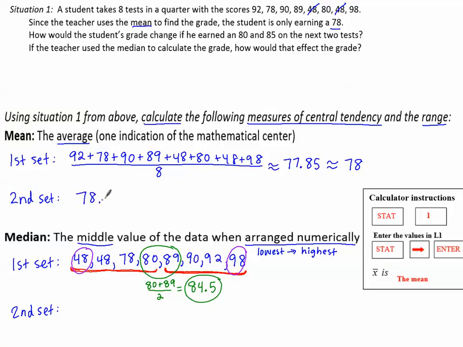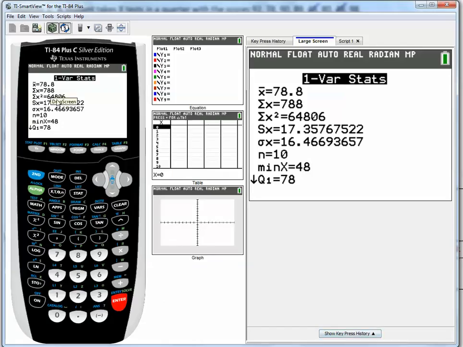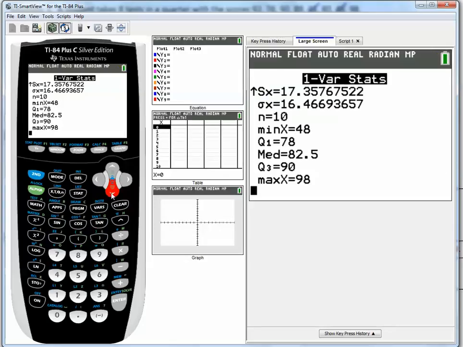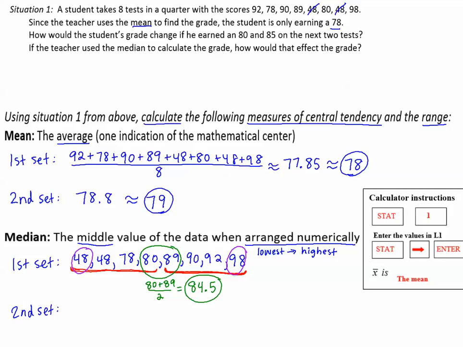So we can say 78.8, or because we're rounding to the nearest whole numbers, we can say 79. So see how the mean changed when we added a couple more data points. If we scroll down, there's a lot more information that it gives us, including the minimum data point, 48, some other things that we'll talk about in another lesson, the maximum, which is 98, and then the median, MED for median, 82.5. So the median in the second set